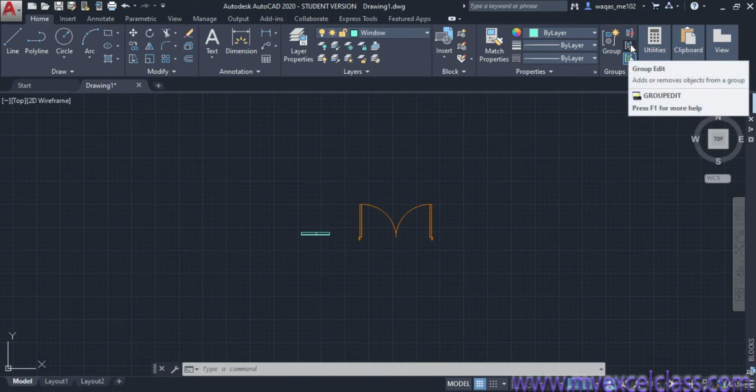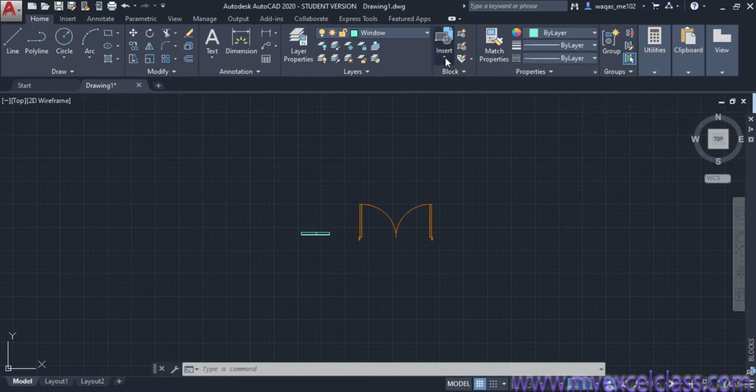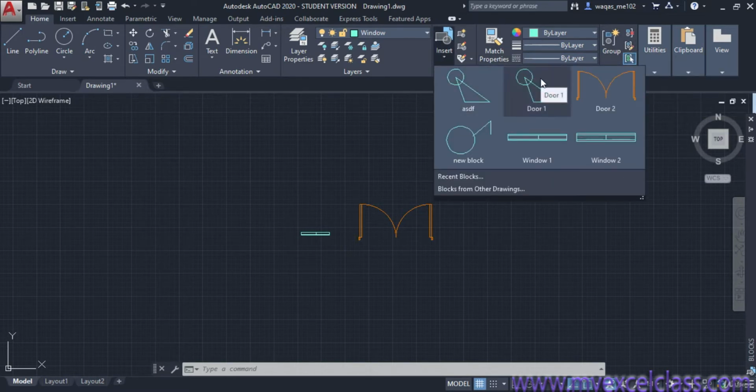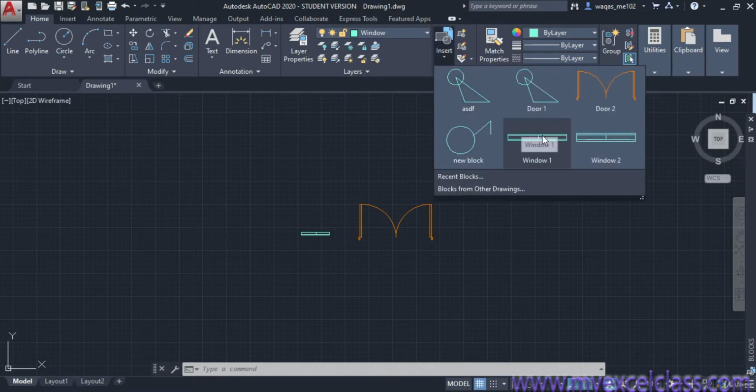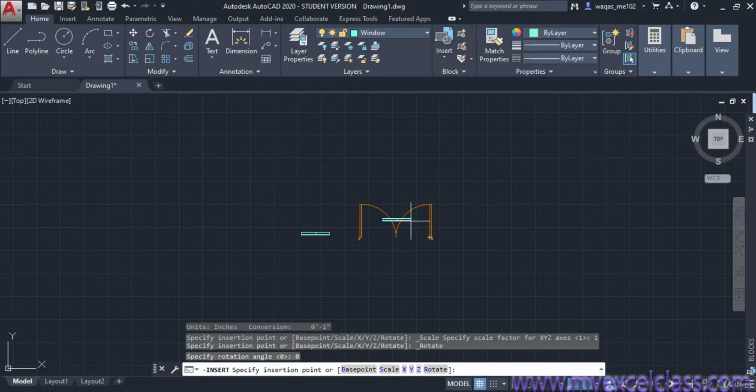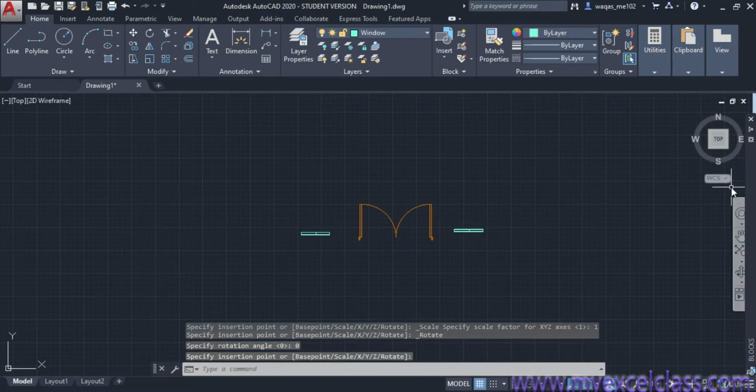I will explain all three, but start with this group edit. Before starting this one, let me insert another block. Insert another window.